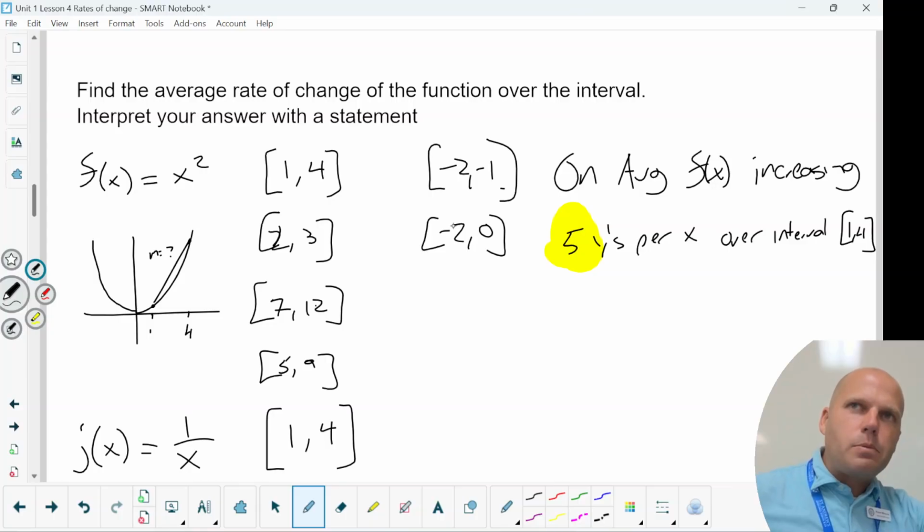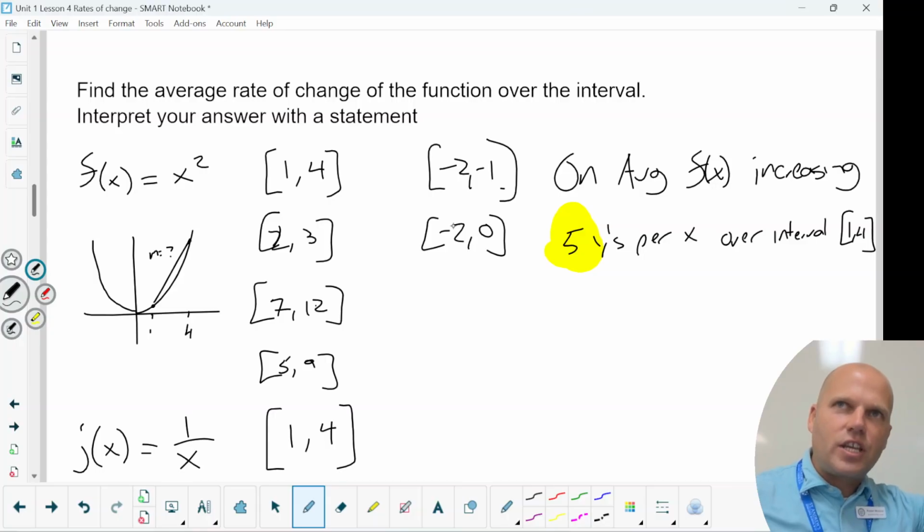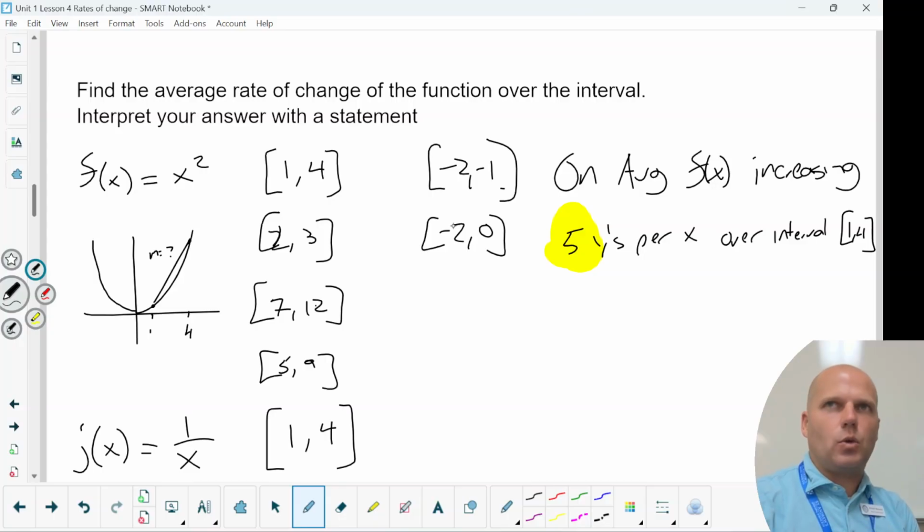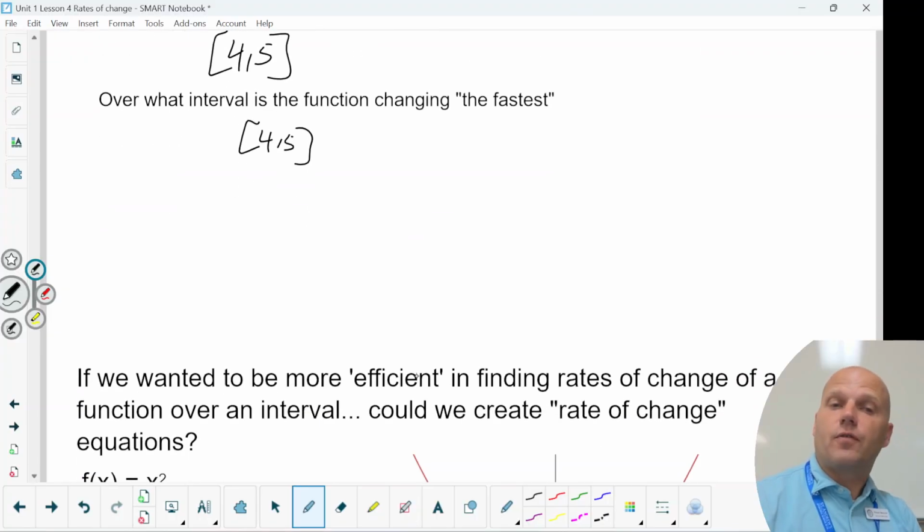You would probably be a little bit annoyed at having to do the same thing over and over and over again. You'd have to plug in the x's, you get the y's. You'd have to then find the slope. You'd have to do the division. I mean, it's tedious, but would there be a different way? And there is a different way